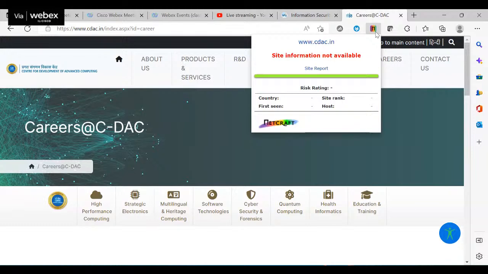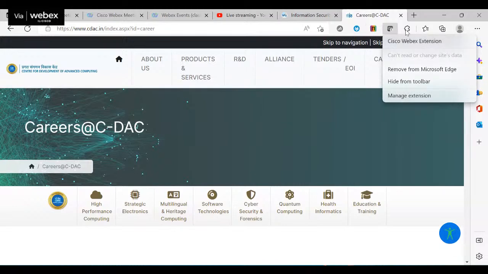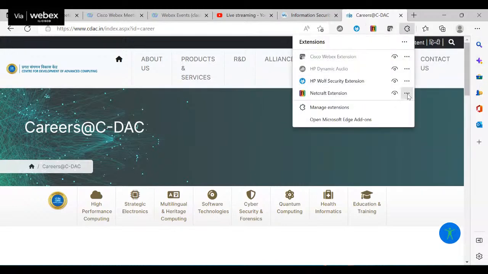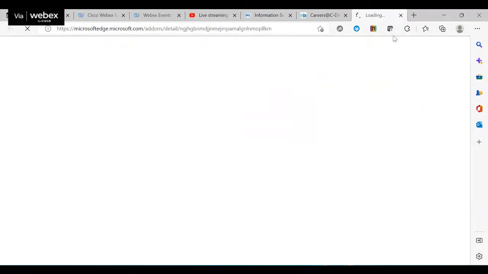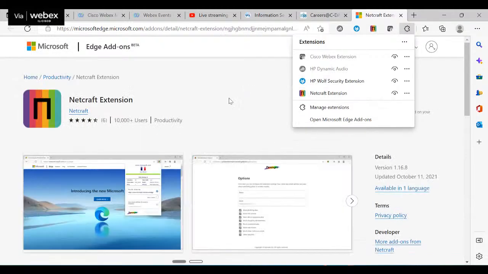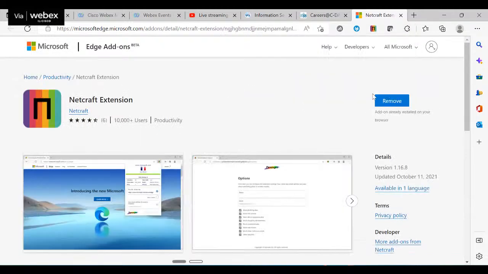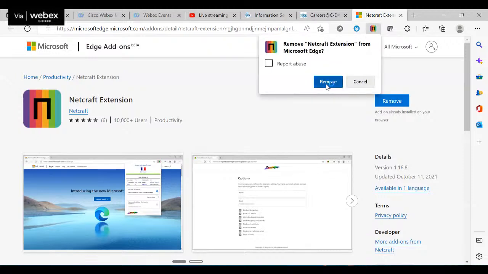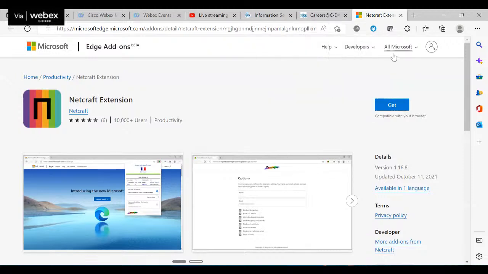And you will also get to know a lot of information with respect to this extension, right? Otherwise, I can just download it and show it to you also if it is required. I'm just removing it and I will try to install this extension again.